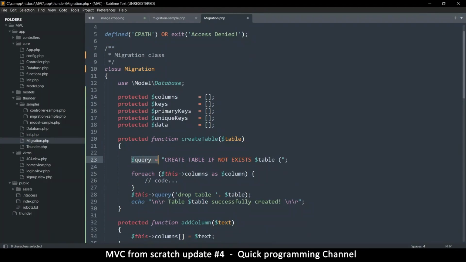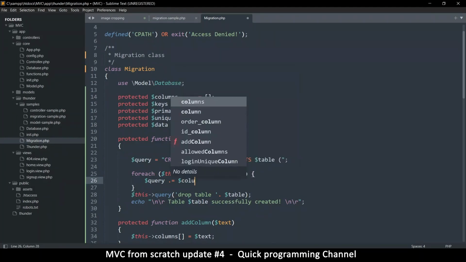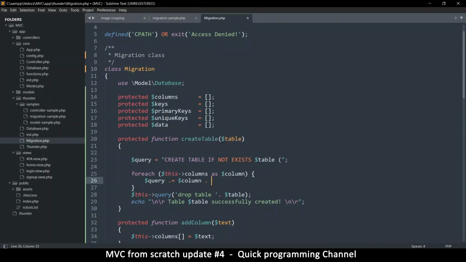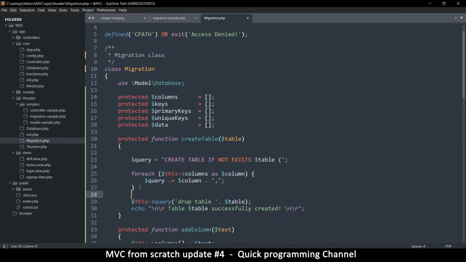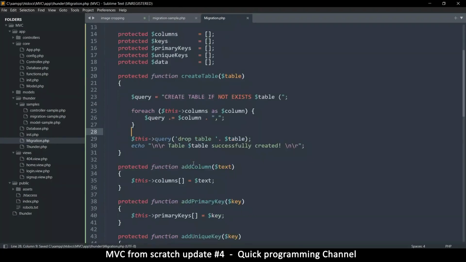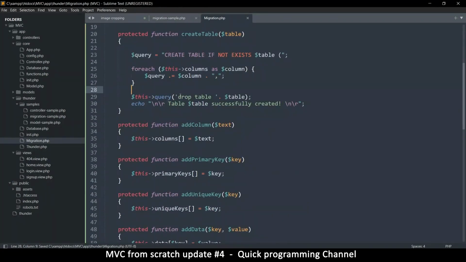Okay, so we want to concatenate or connect to this one. So we're gonna do dot equals, and I'm gonna put column there. So I'm just gonna do column because all the text is already there, and then I'll concatenate a comma at the end, just like that. So we add all those guys there, add columns, great. Then finally here we can just run the query,